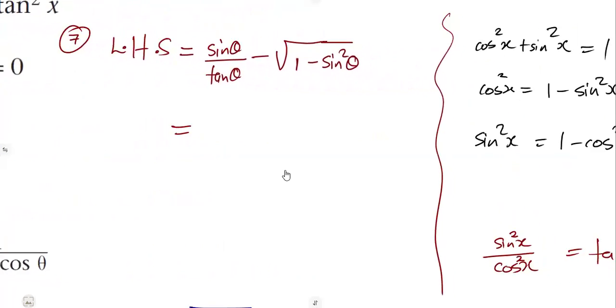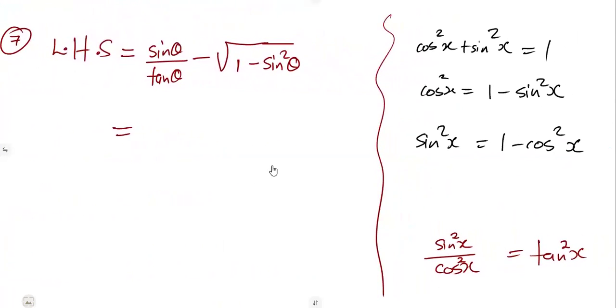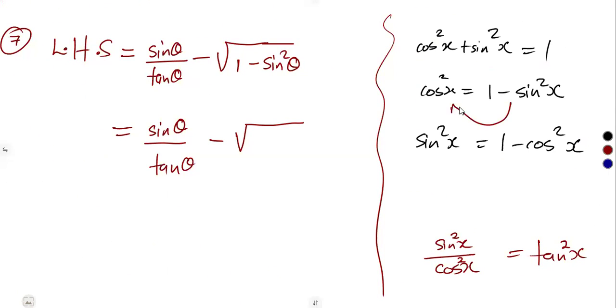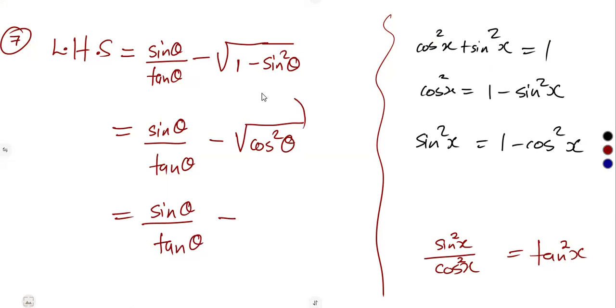All right, let's check. Remember here, we just talked about the 1 minus sine squared. It's what? A cos. So this is cos squared. So we are going to have the sine of theta over the tan of theta minus the square root of what? 1 minus sine squared is what? Cos. So this is going to be cos squared of theta. So we are going to have the sine of theta over the tan of theta minus the square root of